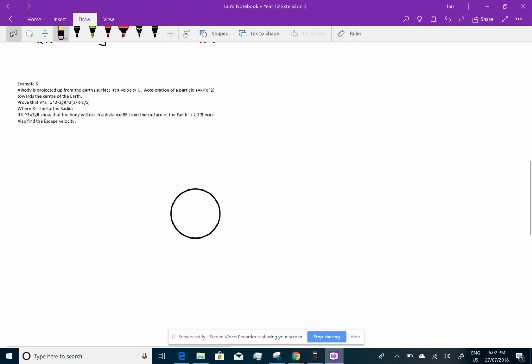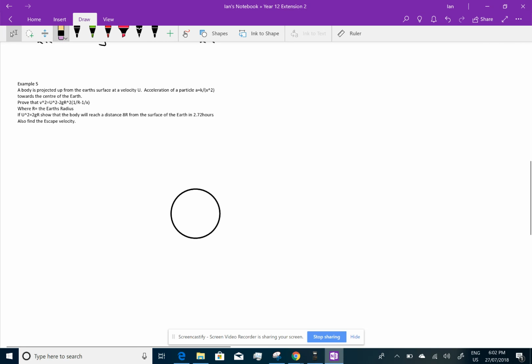Acceleration of the particle is given as a equals k on top of x squared. So we're talking about displacement here. And it's going towards the centre of the Earth, which is obvious because it's coming back down. Prove that v squared equals u squared minus 2gr squared outside of 1 on r minus 1 on x, where the radius r is the radius of the Earth. If u squared equals 2gr, show that the body will reach a distance of 8r from the Earth's surface